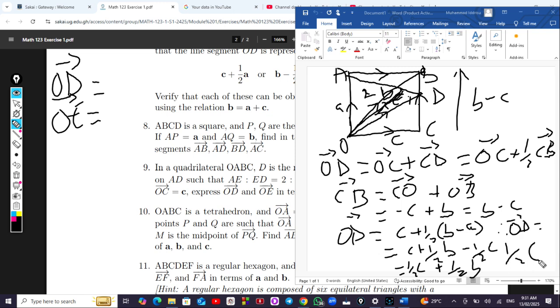Half bracket open B plus C, and this is true because